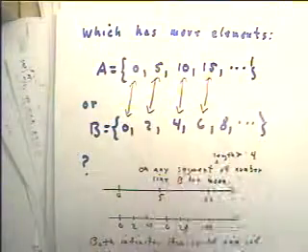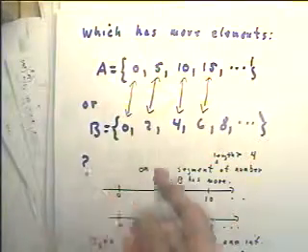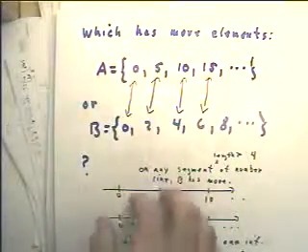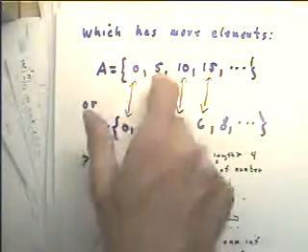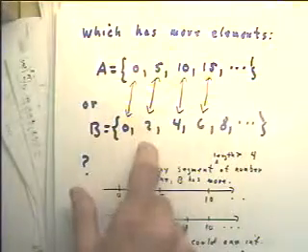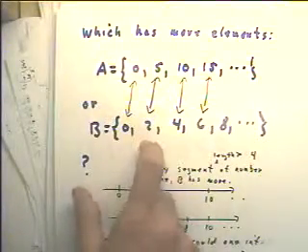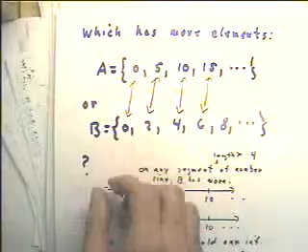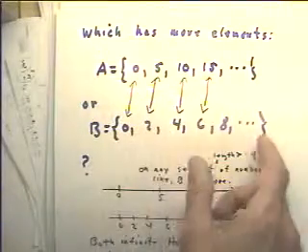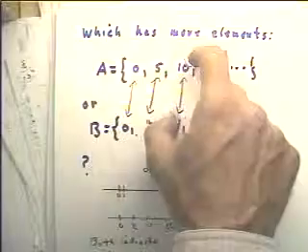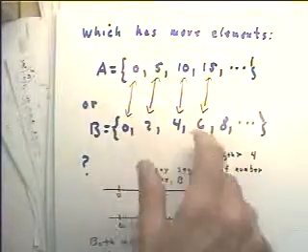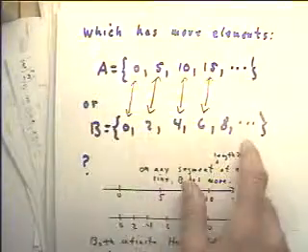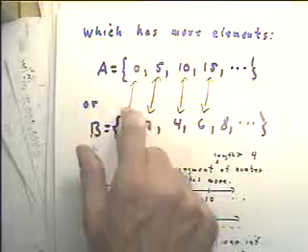If n stands for any whole number, 0, 1, 2, 3, 4, 5, then we're going to associate 5n in this set with 2n in this set. Okay? Because if n goes 0, 1, 2, 3, 4, 5, then 5n goes 0, 5, 10, 15, 20, and 2n goes 0, 2, 4, 6, 8. So we just associate the nth element of this set with the nth element of this set. If we went out to the 10th element in A, there'd be a 10th element of B that we could associate with it. So we can match these sets